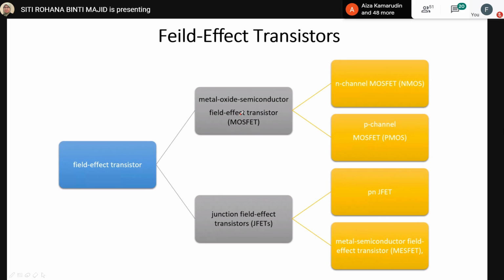So that is MESFET. So you can explore this during your FYP. Or maybe during, I'm not so sure whether in second year lab, which is applied lab, they have this kind of JFET, but I'm pretty sure